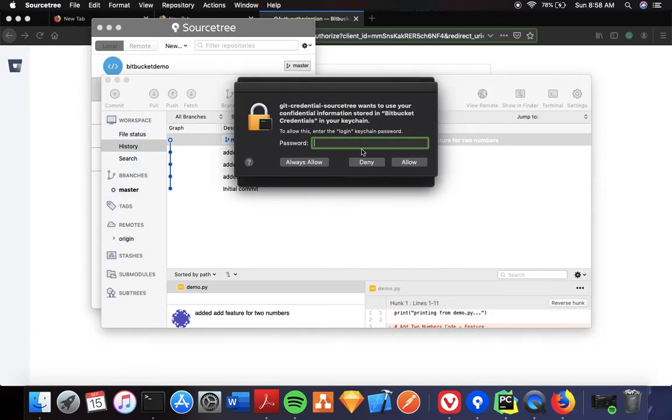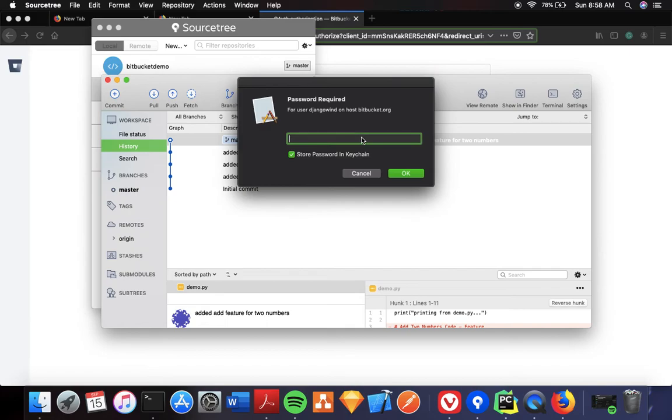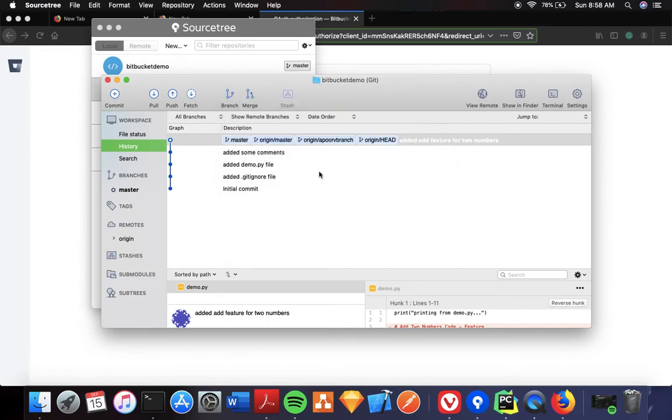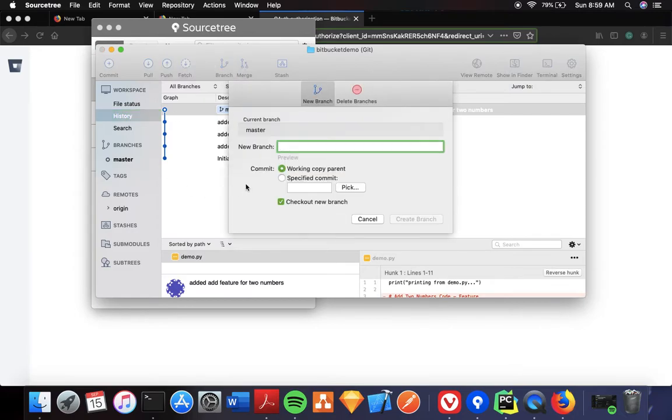And here you can see that I can now pull that repository that was created by the other user, and since now I am a member of the team, I can check that out. So now, as I said, I will be adding a new feature or new function to multiply two numbers. I click on branch. I will name this, suppose, Django win branch, create branch,